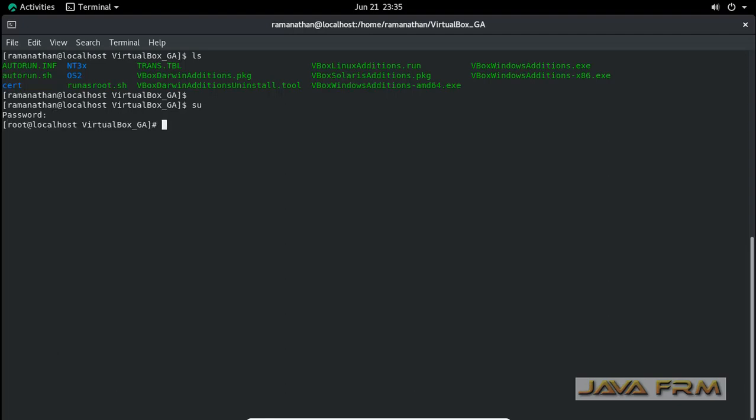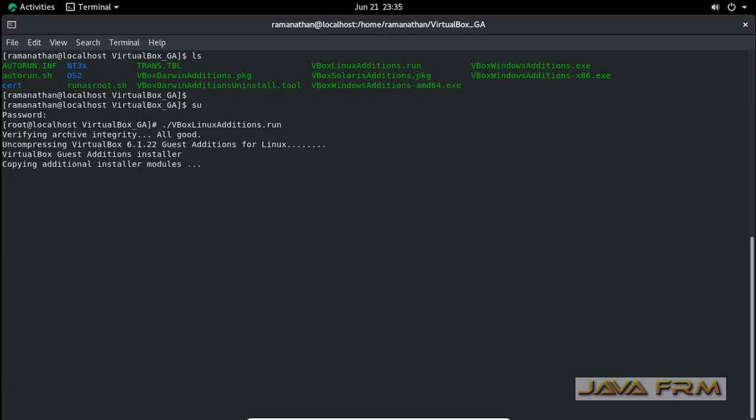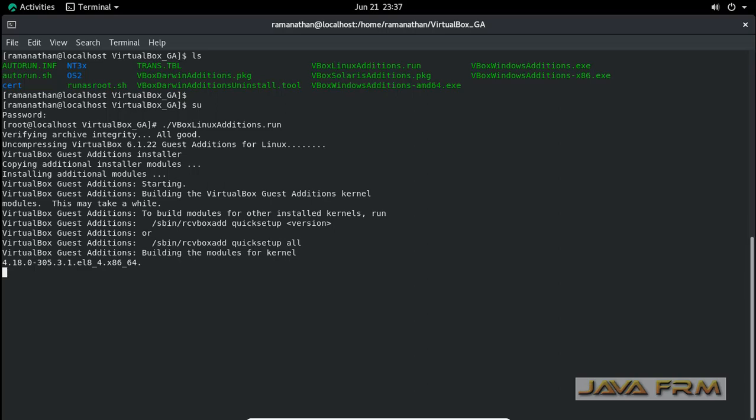This is the command, ./VBoxLinuxAdditions.run. This command will install the VirtualBox Guest Additions software to Rocky Linux 8.4. Now you can see that compilation is happening. Yes, VirtualBox Guest Additions software installed successfully.